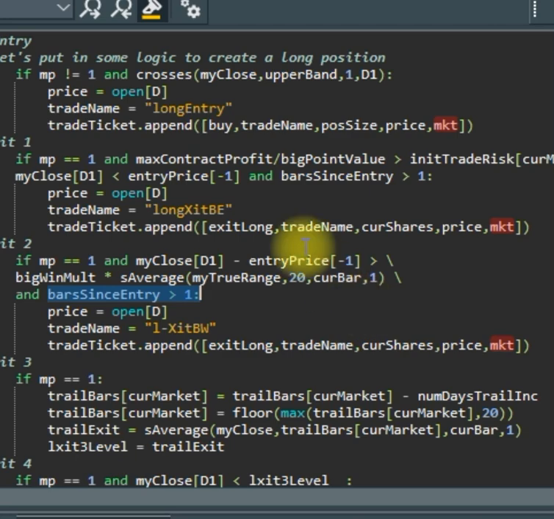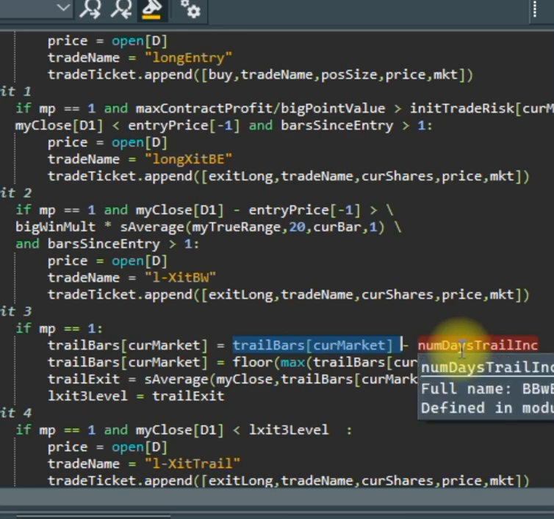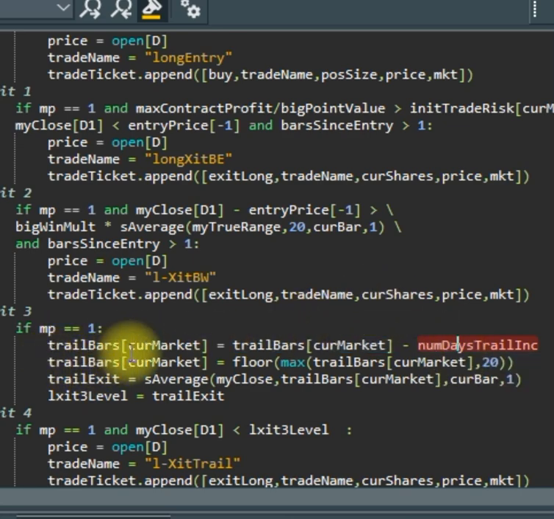Here's exit 3. If I'm long, my trail bars, and remember it's on market basis, trail bars current market equals trail bars, the prior value of trail bars minus the increment. So we start at 80. So 80 equals, well, this will be new, so we can't say that. This will be equal to 80 minus the number of days trail inc, which is 1. So trail bars, which is now 79 on the second day of trading of a position,